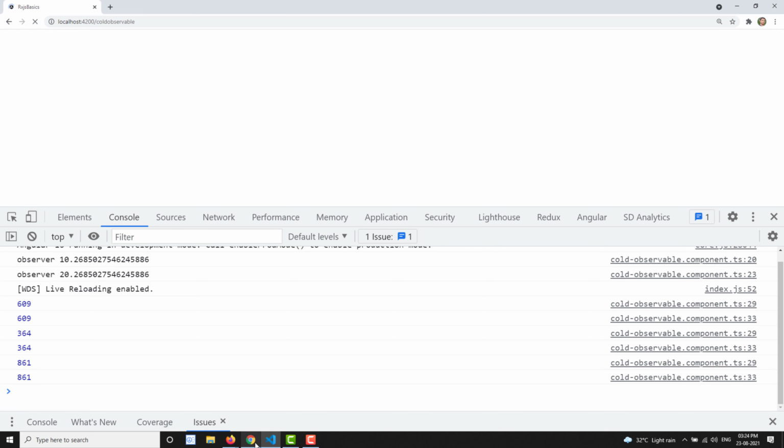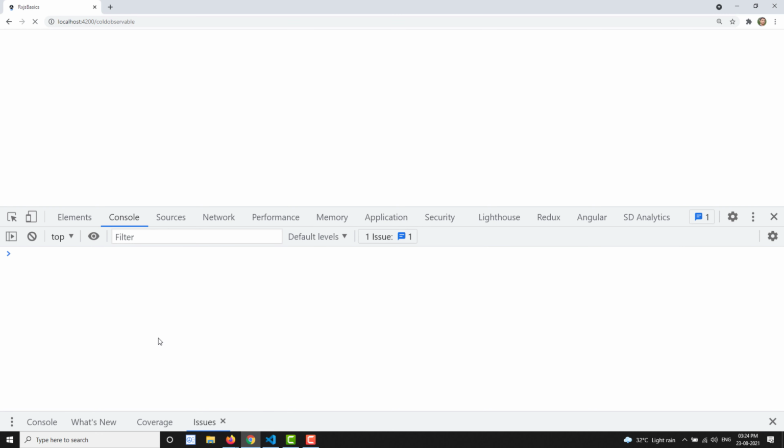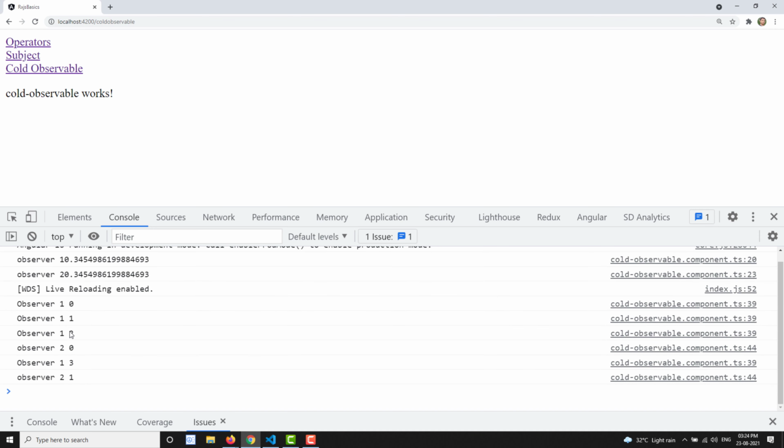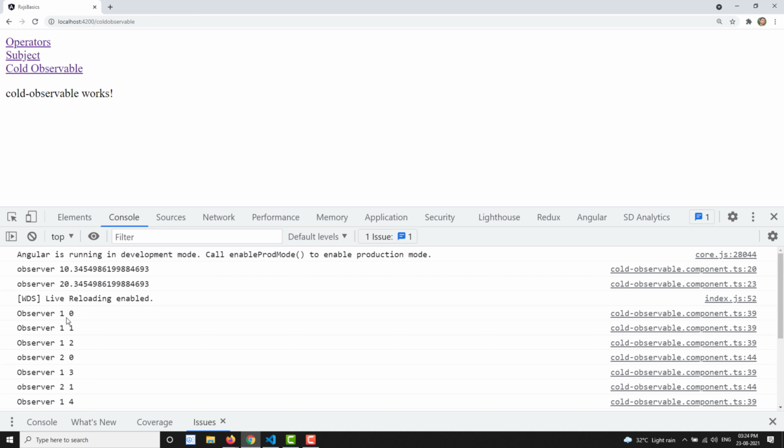Now let's see what the output will be. Here we are getting observer 1, and here observer 2 and 1. Observer 1 is getting values like 0, 1 and 2. Why? Because observer 2 is not initialized yet. After 2 seconds observer 2 is initialized, and now you will see the observable sending again with 0, 1, 2 like that.